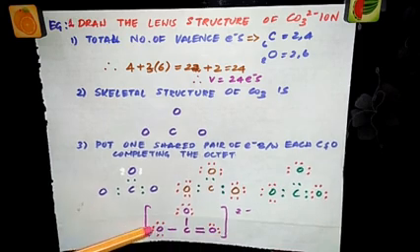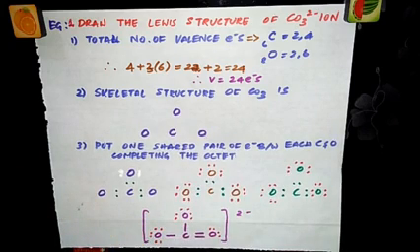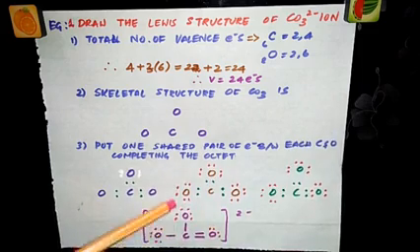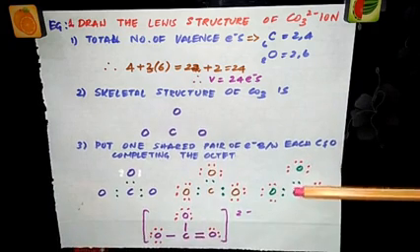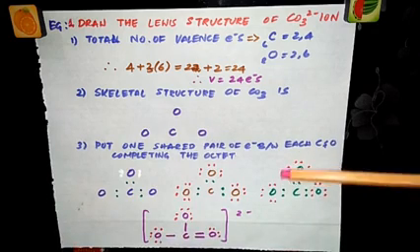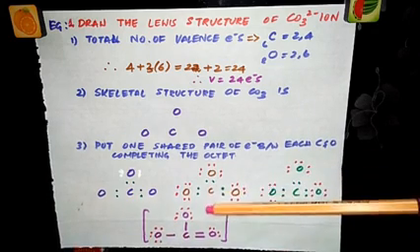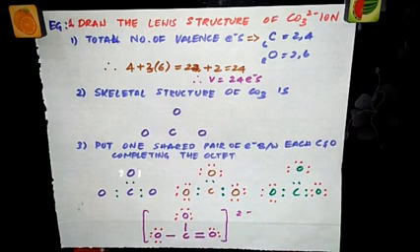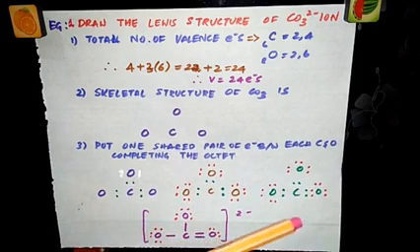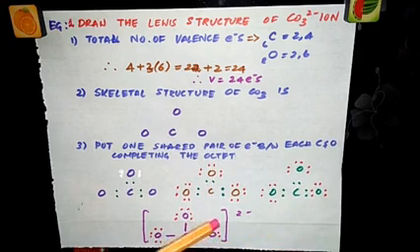So now look here, this is the completed picture of the Lewis structure. Now see carbon, here it is represented with a single bond, and here again a single bond, because you have just one pair of electrons between this carbon and oxygen. And how many unshared electrons are there? 6. So put those 6 electrons around this oxygen, and in the same way around this oxygen also 6 electrons. But here you have to represent it with a double bond, because 2 pairs of electrons are shared here, and this oxygen has got 1, 2, 3, 4 unshared electrons.